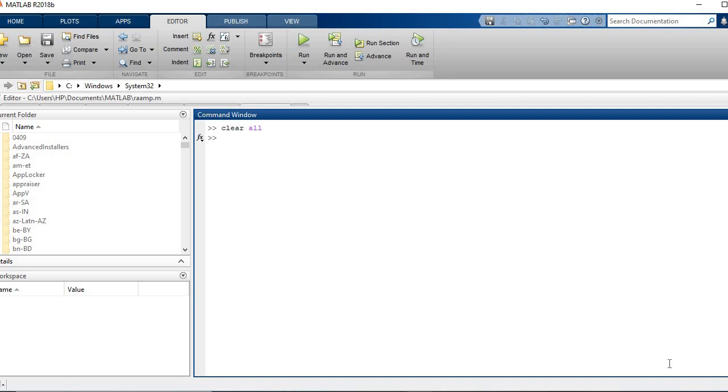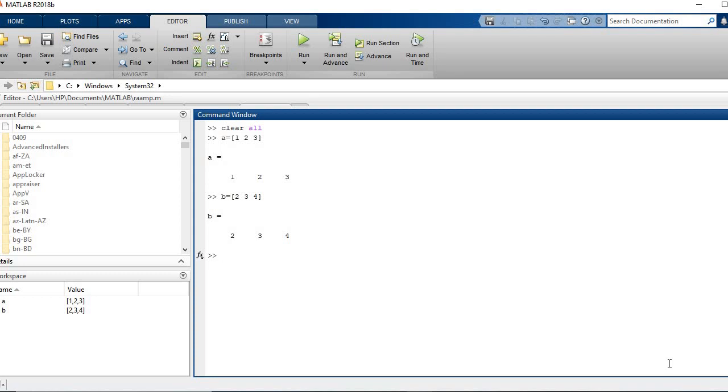For example, if I define A as a linear array and B as another linear array, if I normally write A star B, we obviously know that this multiplication is not possible because it's not following the basic property.